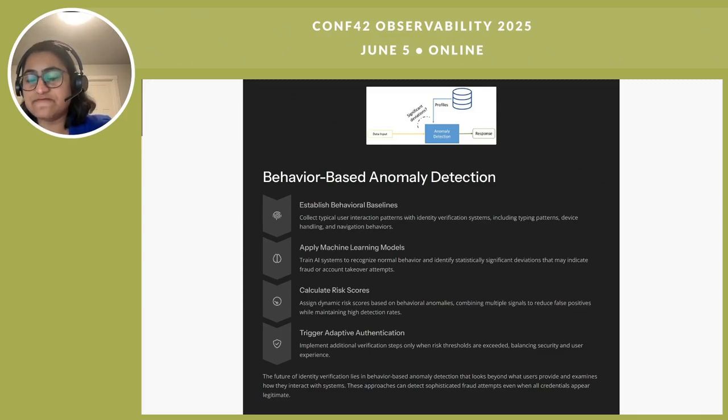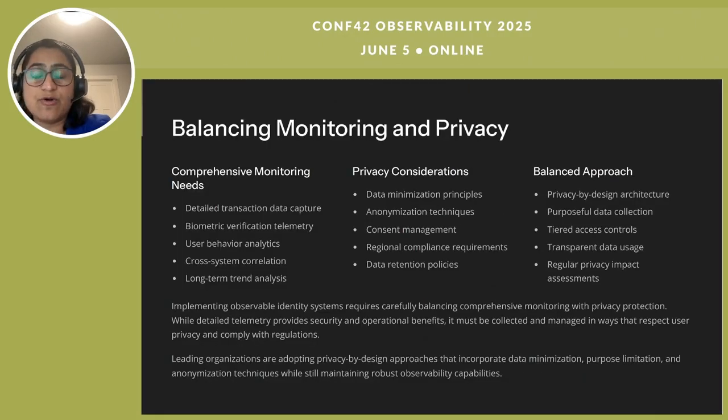But with all this behavioral information which we capture, we also need to take care of privacy. Implementing observable identity systems means walking a fine line between comprehensive monitoring and user privacy protection. The key point here is that comprehensive monitoring needs to ensure strong security and smooth operations. Systems need to capture detailed telemetry